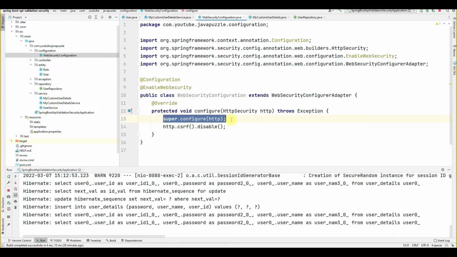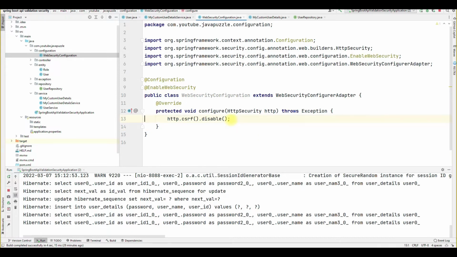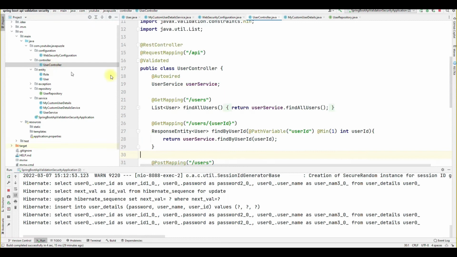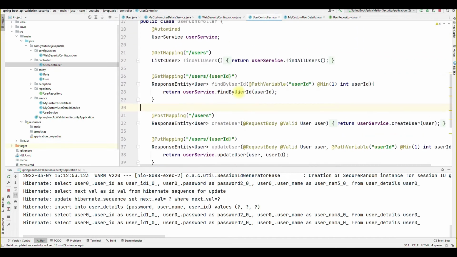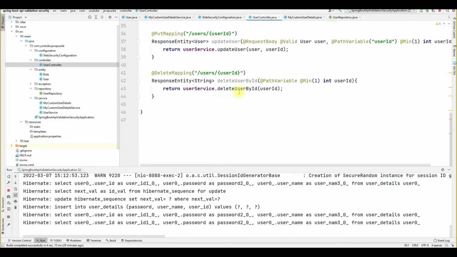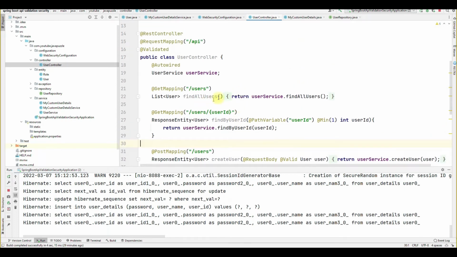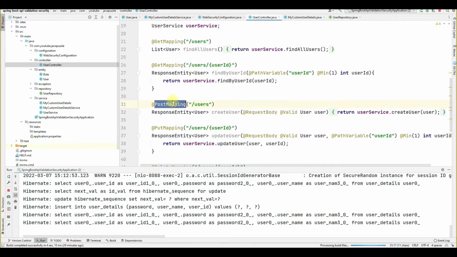So for this, let me remove this, we don't need this. Firstly, in the controller we have four or five mappings here. We will see the post mapping, get mapping, and so on.